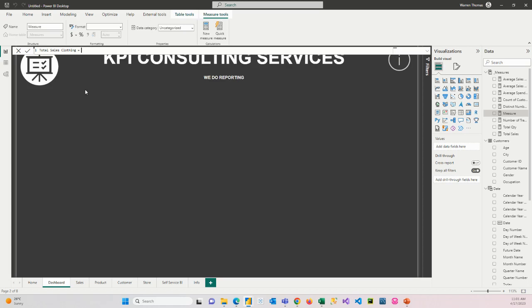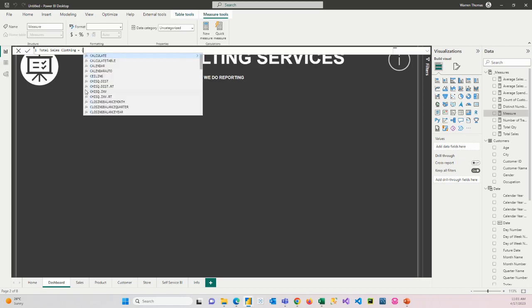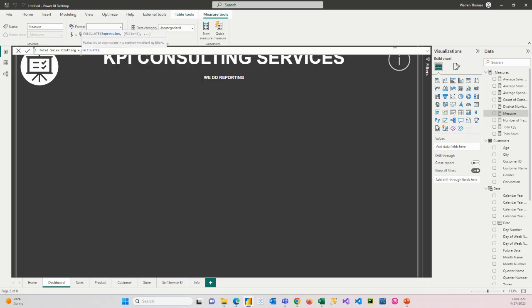How we could do that, we could use something called calculate. So calculate is a very powerful function. How it works, you can put in your expression, and then it allows you in the second argument to do filters, and you can do multiple filters. So we want total sales for clothing. So if we had to just say what we want to calculate: total sales. So we've got calculate. We're going to open up our total sales,